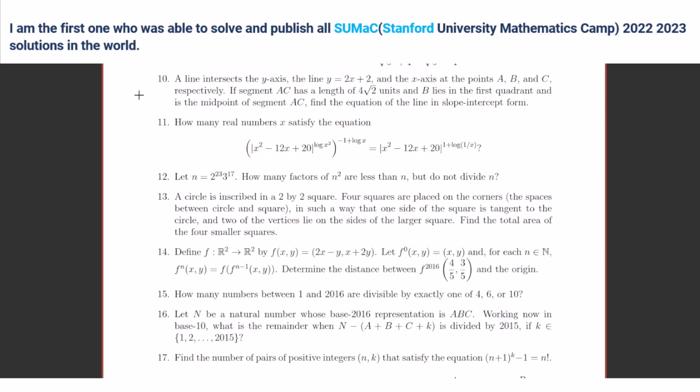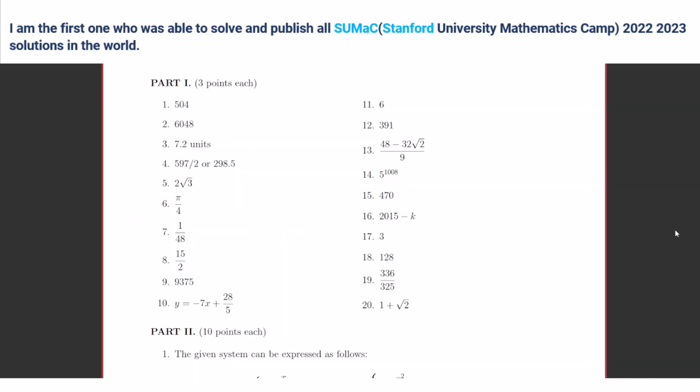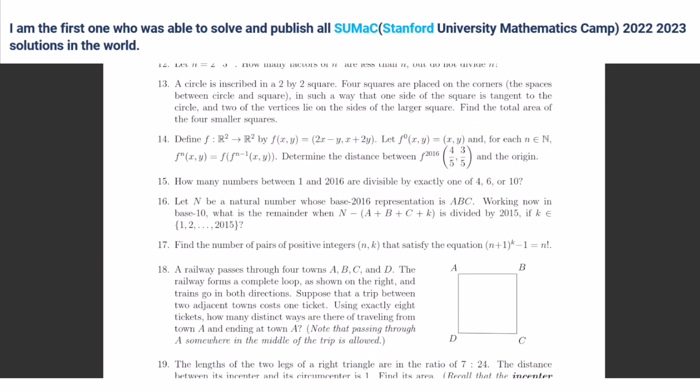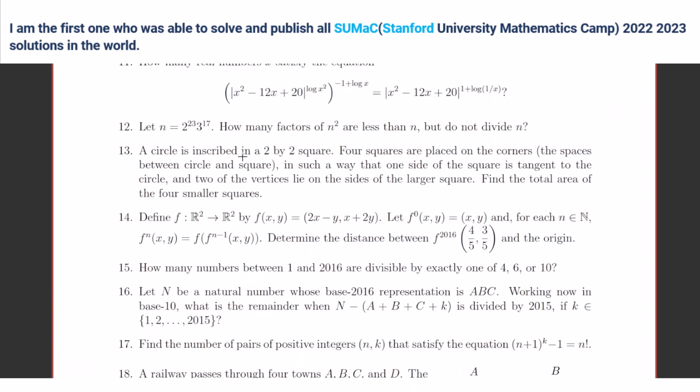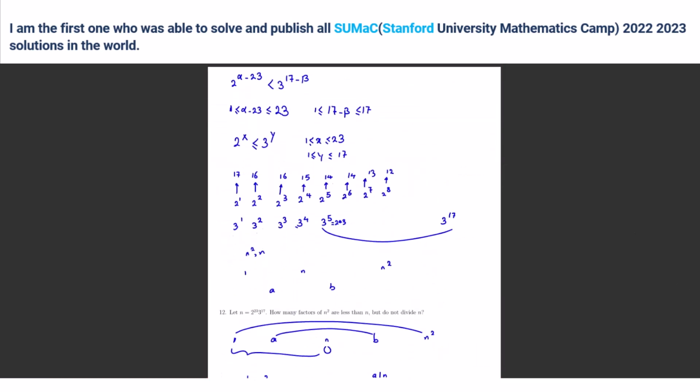Okay, the answer I think was 6. Number 11 is 6, yes. Okay, what about 12? 12 is solved. Have you tried 13 or not? The rest? Not yet. But for 12, there is another method, a shorter method. So here